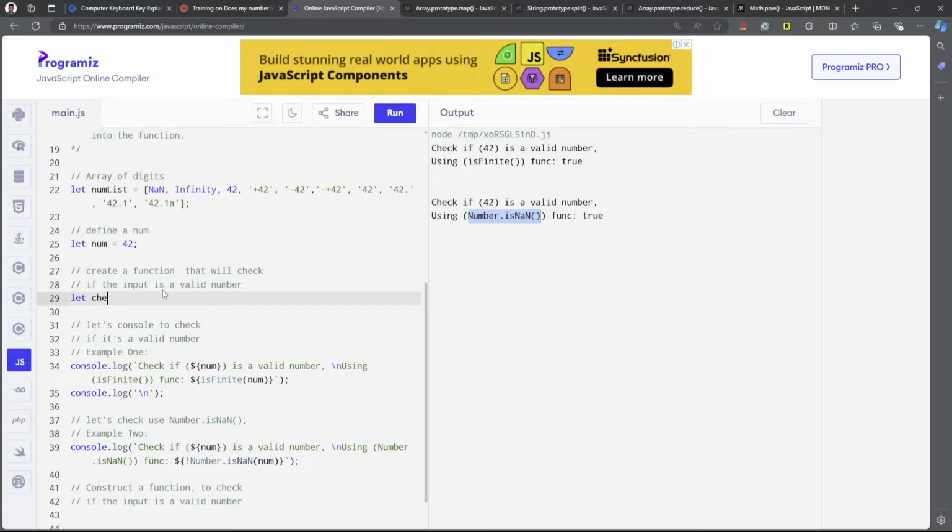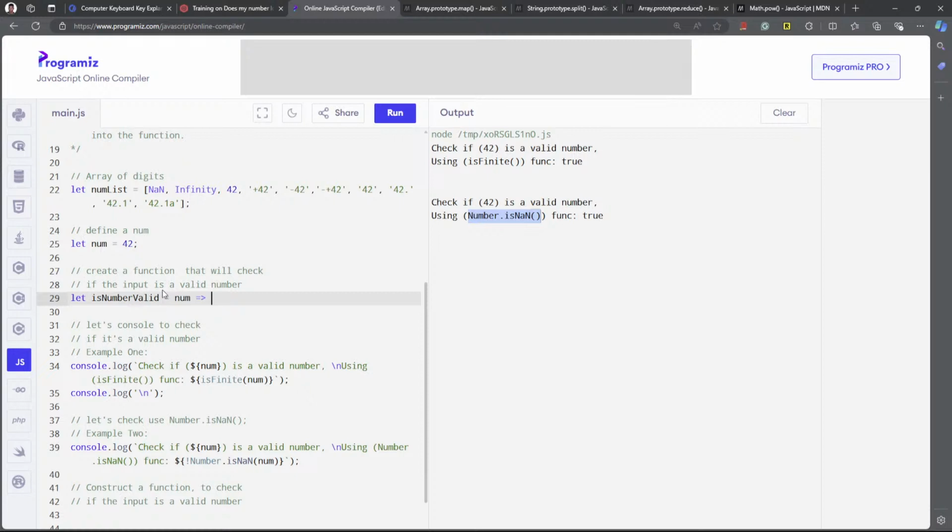Let's check this number valid is equal to, so I'm taking num as an input, then this is